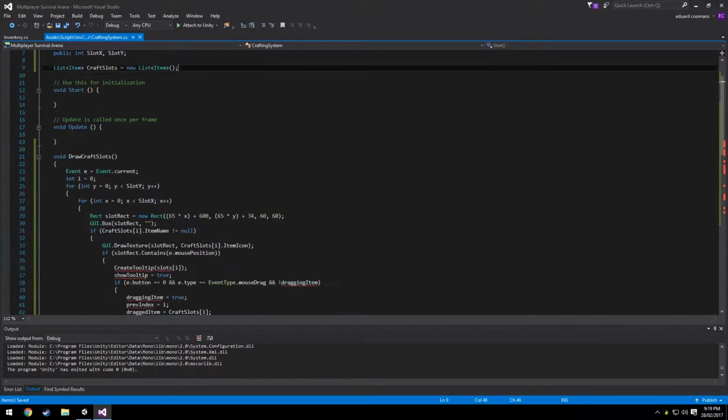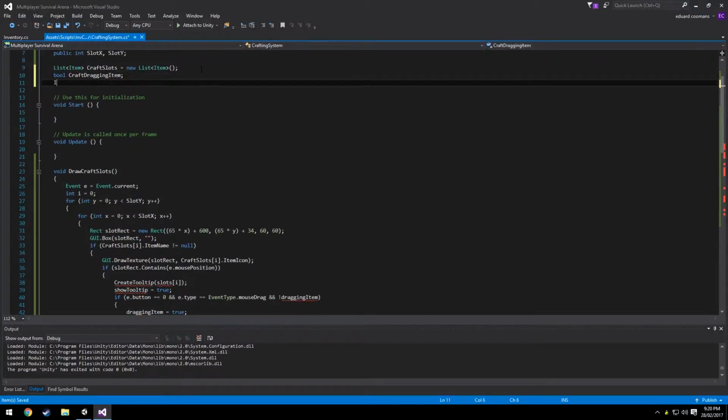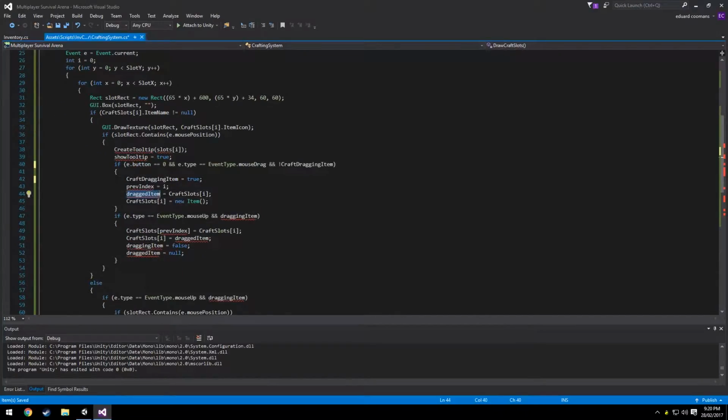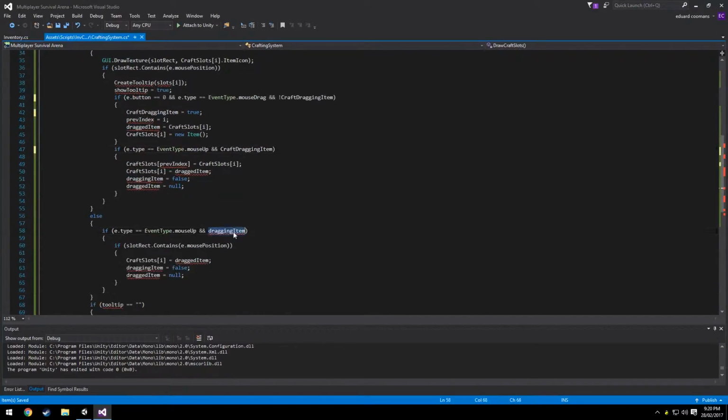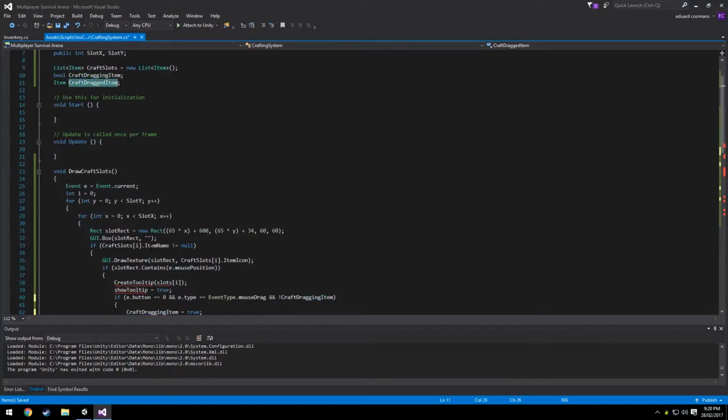We'll need a boolean, craft dragging item, and an item for the dragged item, so craft dragged item. So change this here, here, here, false. Okay, and for the craft dragged item,